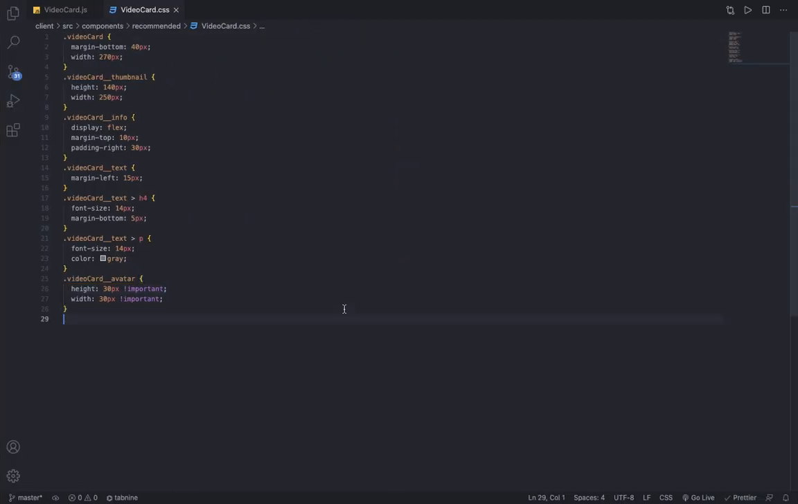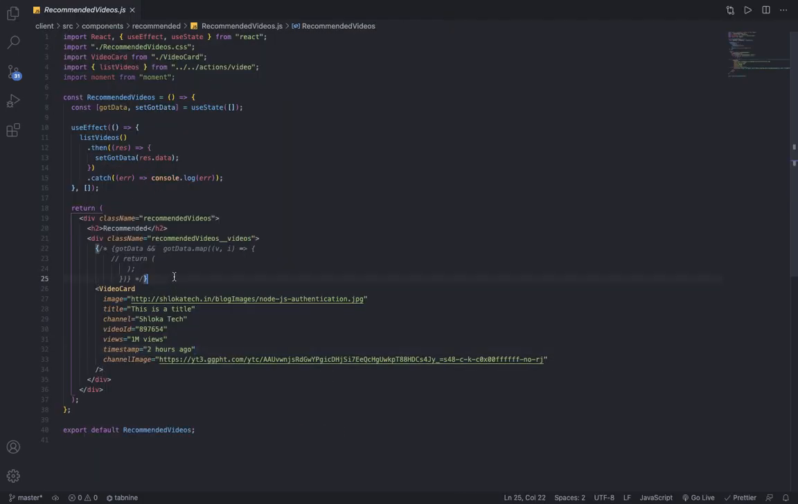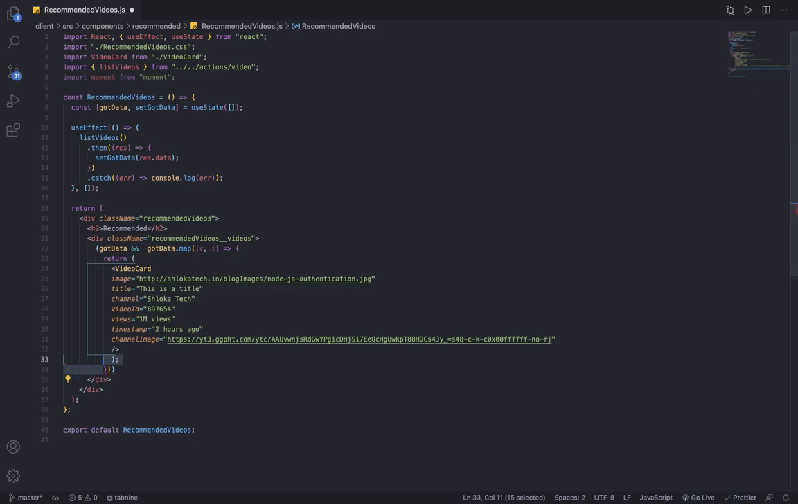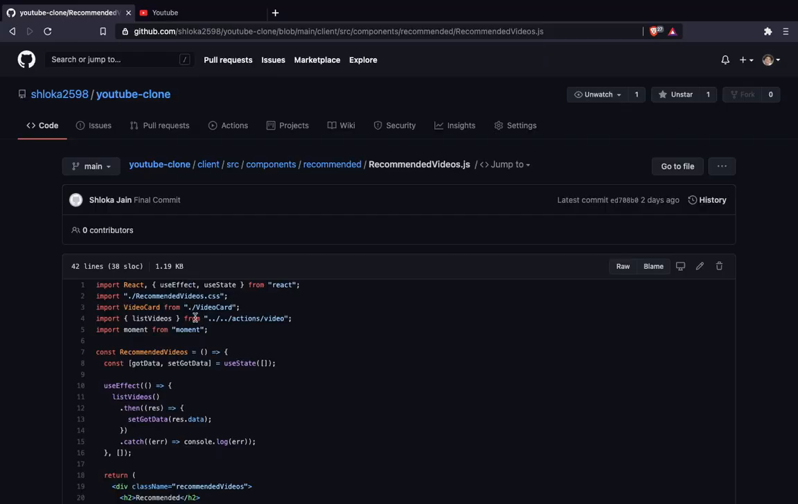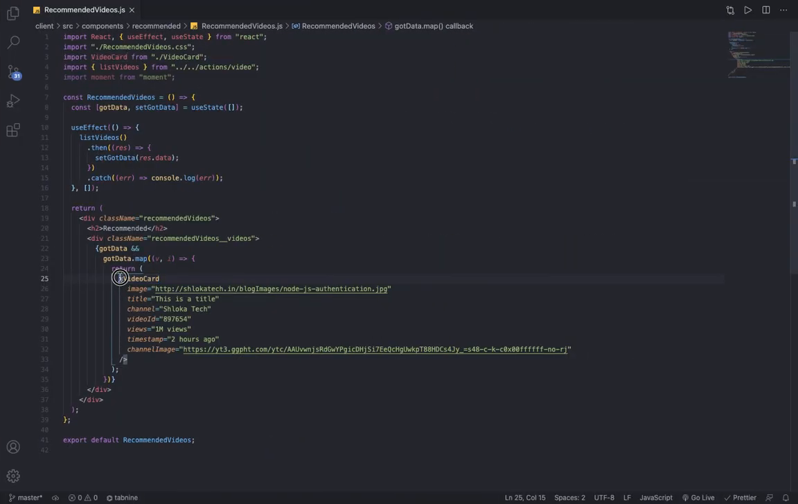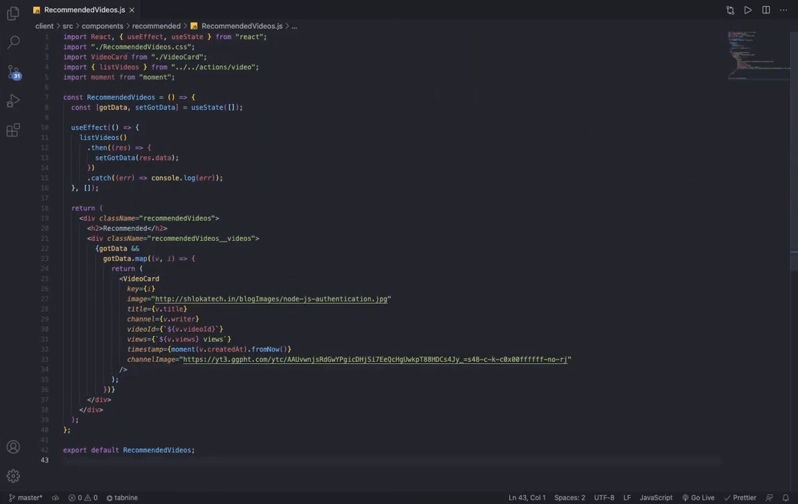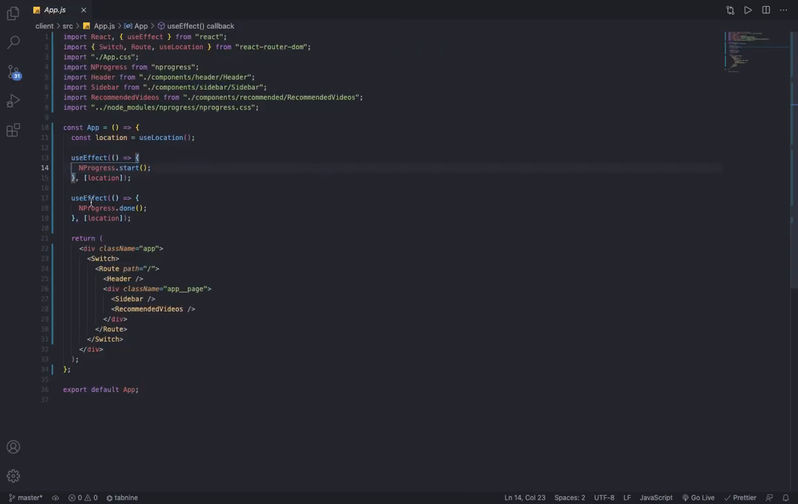So now you can close this, and to the recommended video.js you can start the actual mapping. So for that you can do something like this, or instead of adding again I can do video card. Yes, now that's fine. I can close the recommended. Now this route is made,